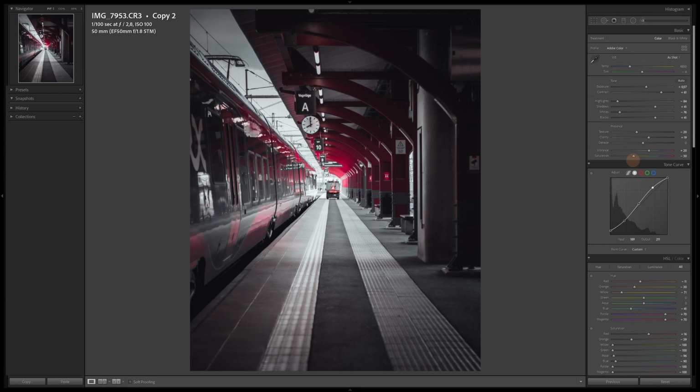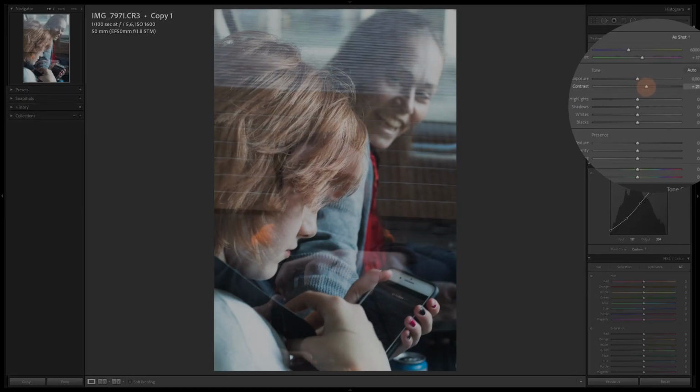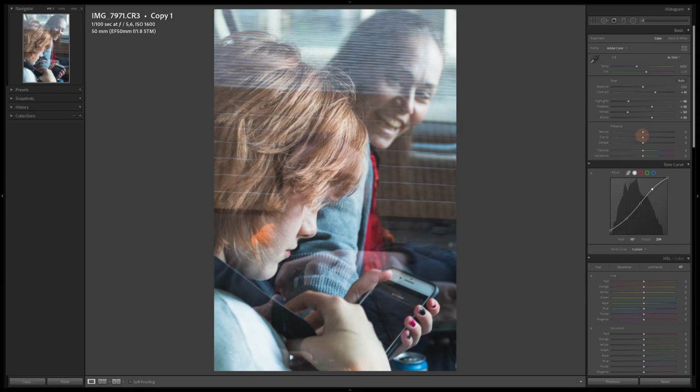Desaturated, red, black, monochromatic type of moody street photography. I'm gonna leave exposure. I think it looks good. But contrast around, I think 40 for that punch we need. To counter that, I'm taking away highlights and white to around 50. We are increasing shadows and blacks to around 30. I'm gonna add around 25, looks good, in clarity, and I'm countering that with decreasing texture.